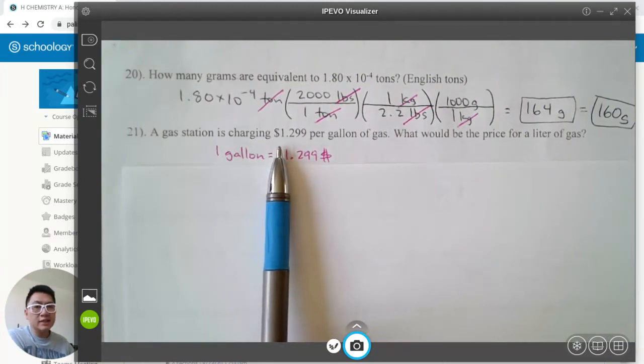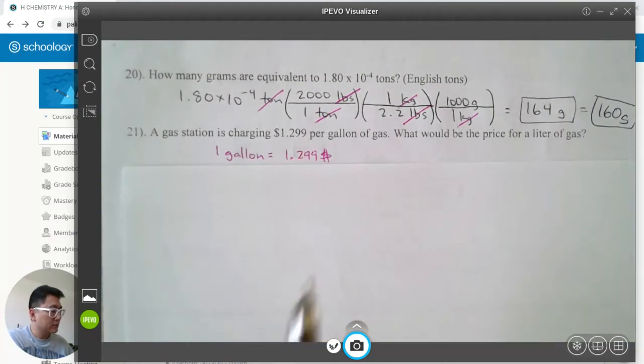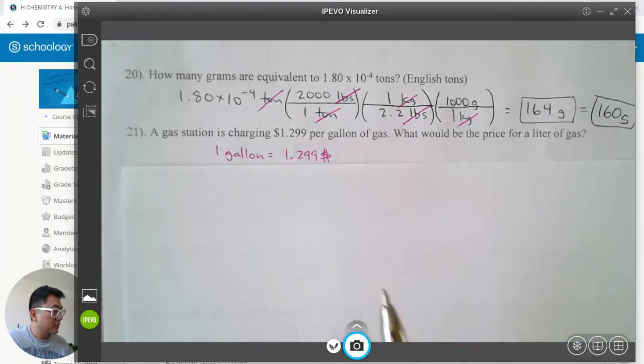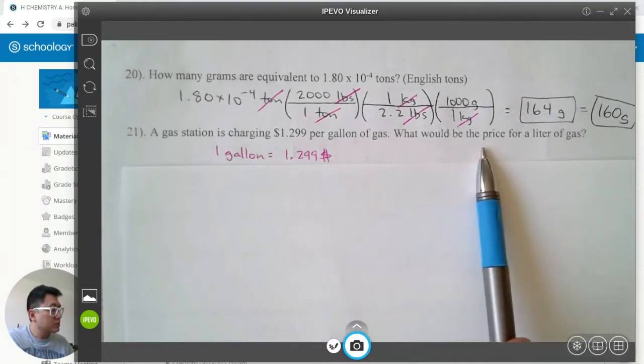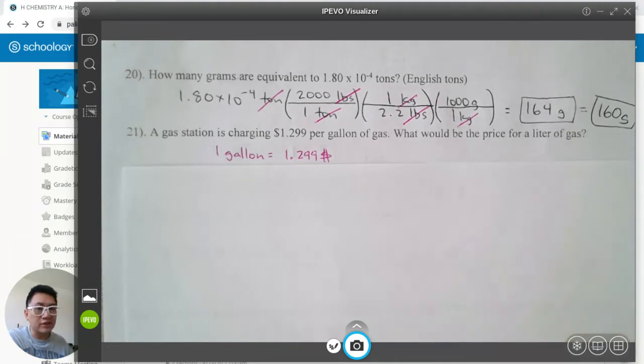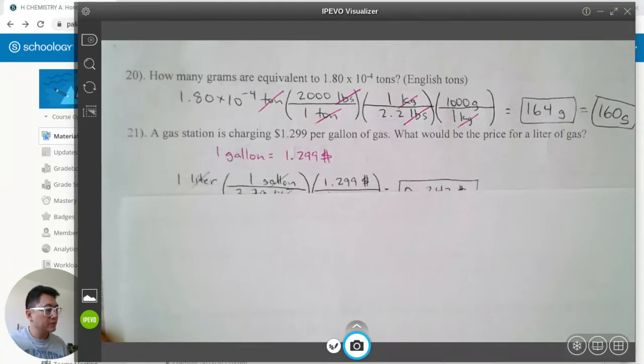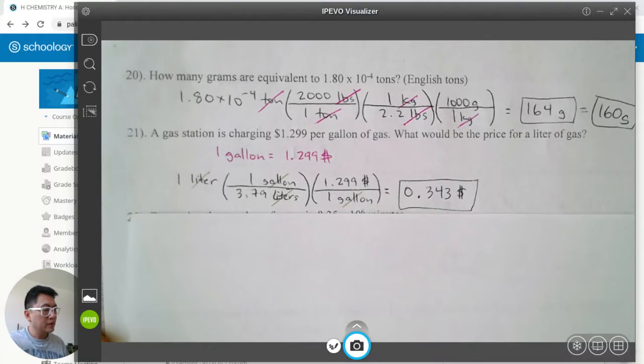A gallon is $1.299. So the question is, what's the price? Meaning I want to find dollars given a liter. Do whatever math you've got to do to answer this question. I'm now asking the question, what would the price be for a liter of gas? Going over this now. The answer I got was